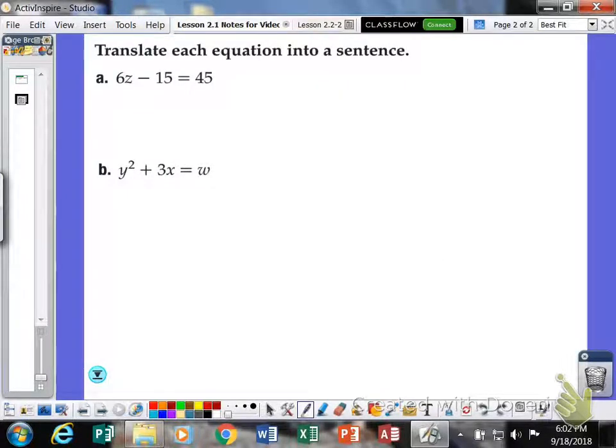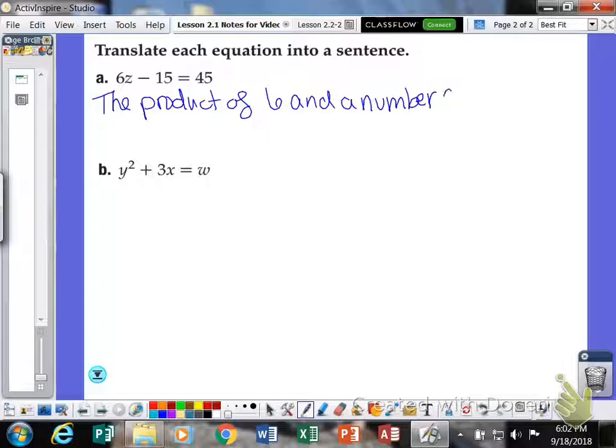Translate each equation into a sentence. So we could say the product of 6 and a number z minus 15 is 45, or is equal to